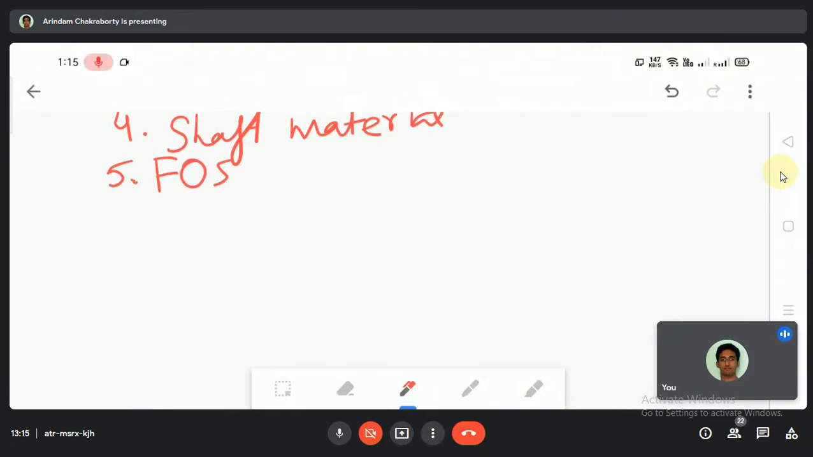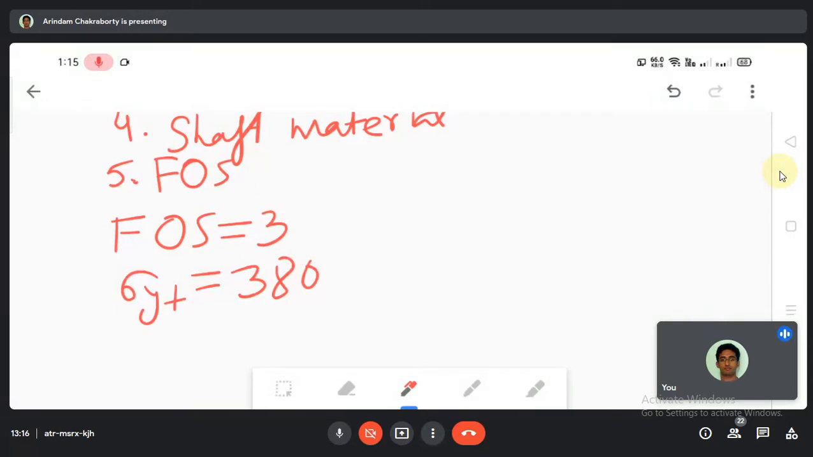simplify. Let us simplify in the terms. Let me start with the things. Let us assume that these things are given. For example, starting from factor of safety, let us assume factor of safety to be 3, and shaft material, that is sigma yt, is given, for example 380 Newton per millimeter square,